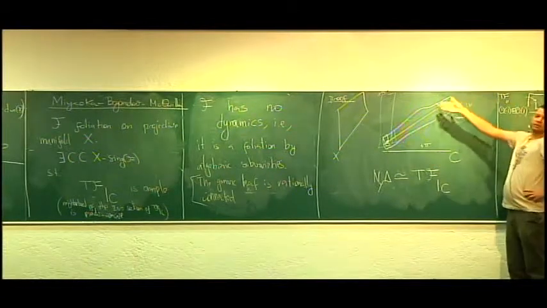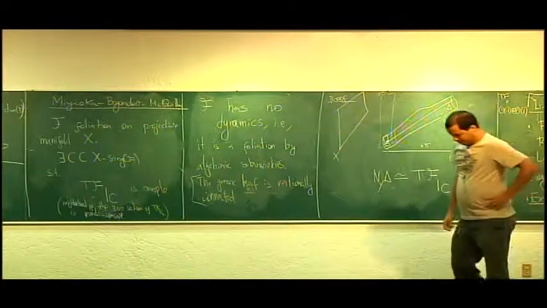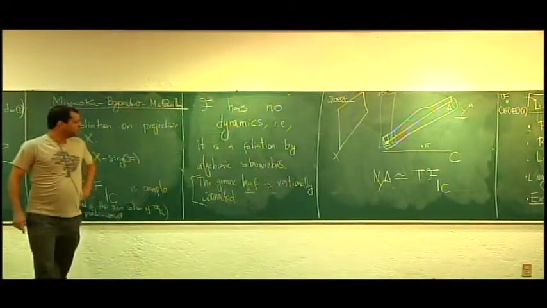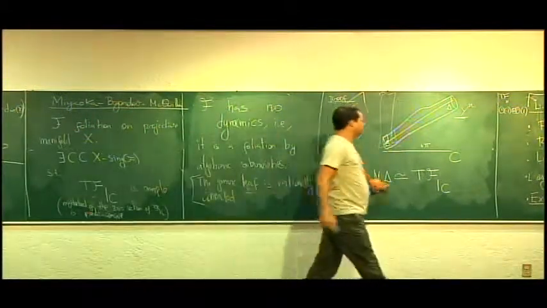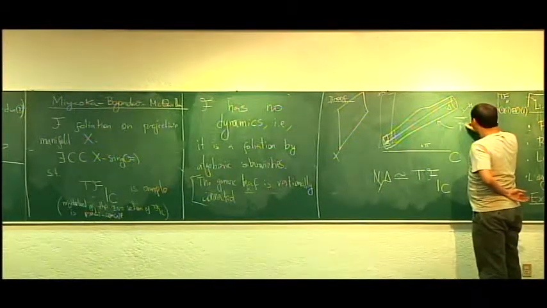It's a diagonal, and the foliation is given by the fibers of the projection. And now, the point is that since the tangent sheaf is ample, this neighborhood is, if you are an analyst, pseudo-concave,